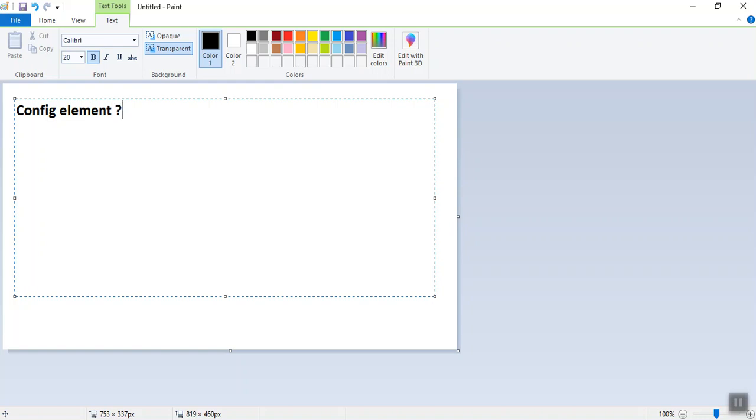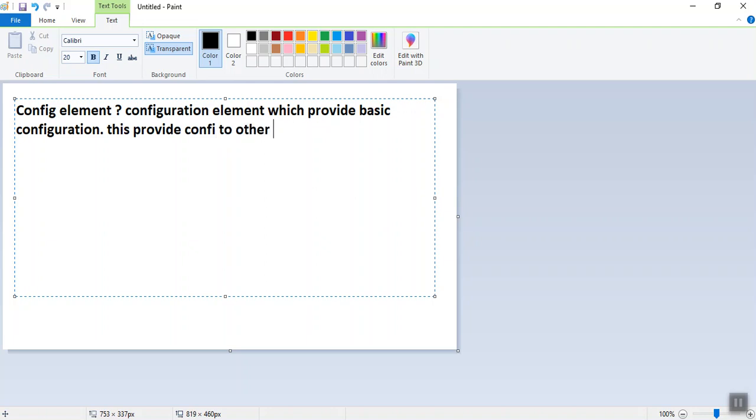A config element is a configuration element which provides basic configuration, or we can say it provides configuration to other elements.